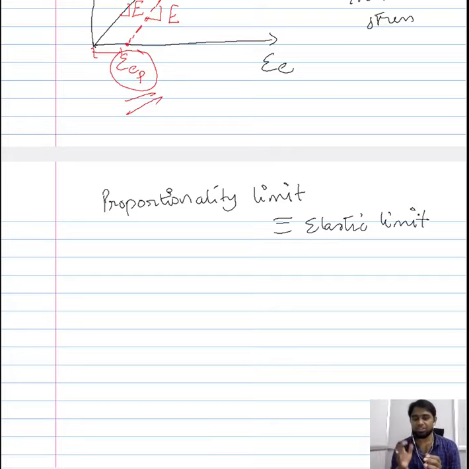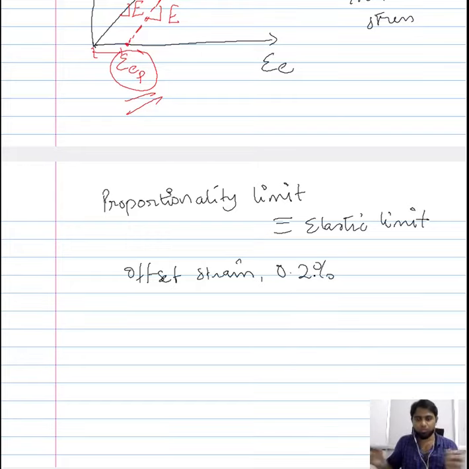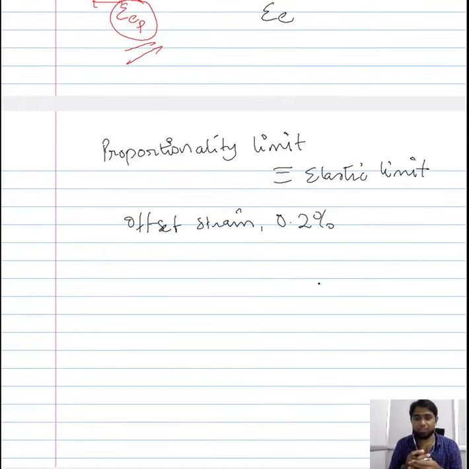For that we introduced an approach by using offset strain, and this offset strain can be of any value, but conventionally it is chosen to be 0.2% of the overall strain. Then based on this offset strain, we plot a straight line which has a slope equivalent to the slope that we observe in the elastic region, and the point where this straight line from the offset strain meets the curve, we call the yield stress, and because we use this approach, we call that the offset